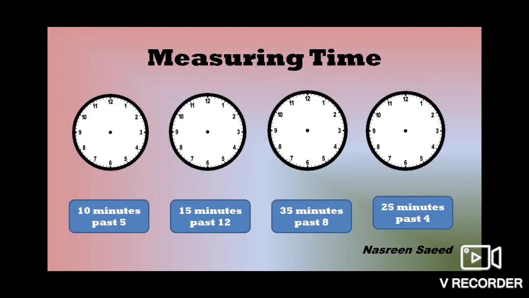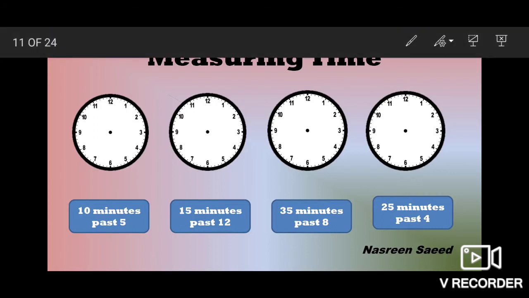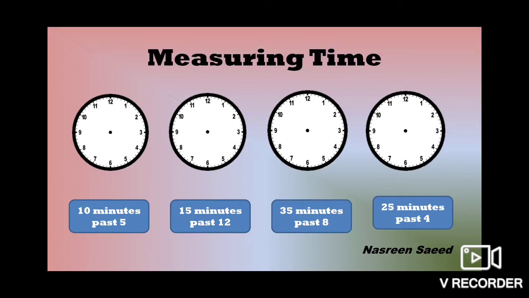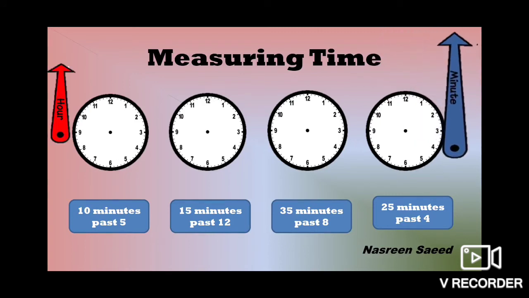Now let us read the time given in the box below and show the position of the clock hands. Now if you see, all clock faces are made and we are given the times. We have to arrange the hours hand and the minutes hand so that we get hours and minutes.